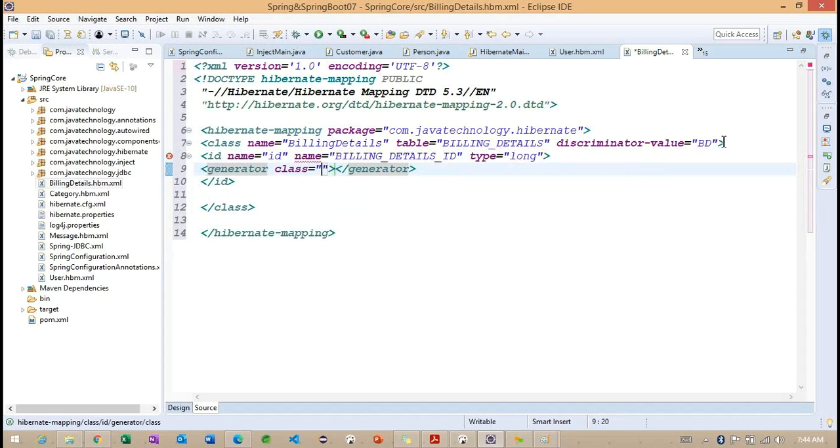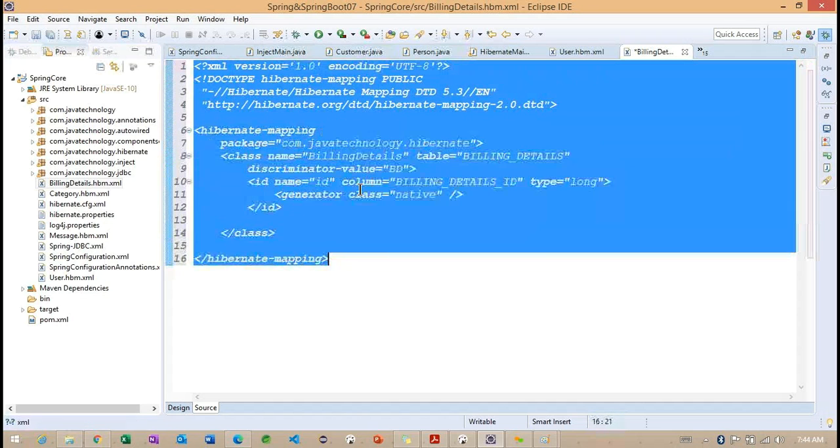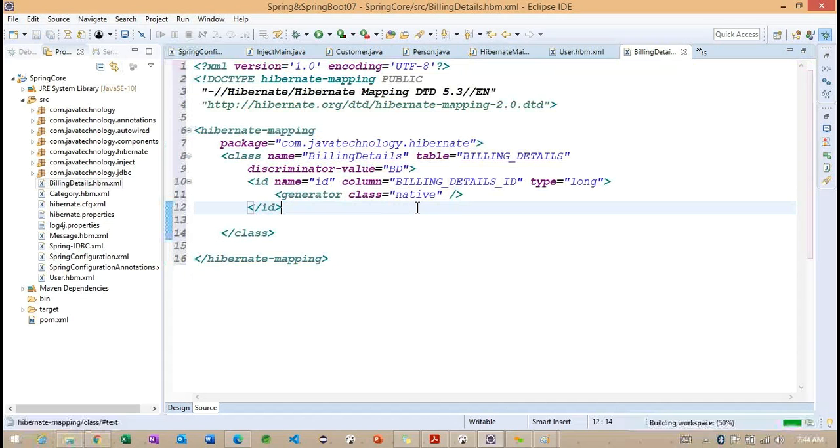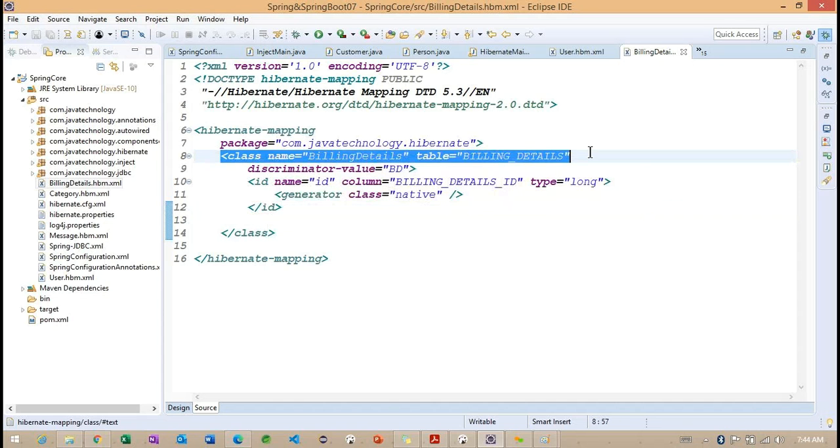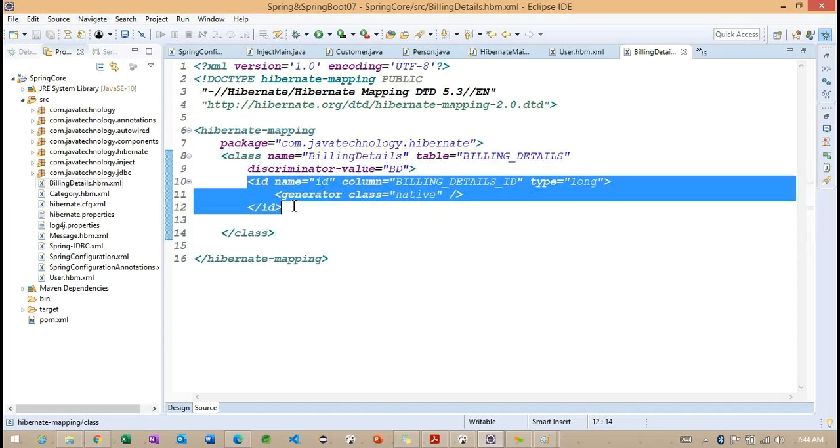So we need to provide the generator class, which can work like native. Okay, sorry. So column, right? Observe here, we created one Hibernate mapping class and ID.